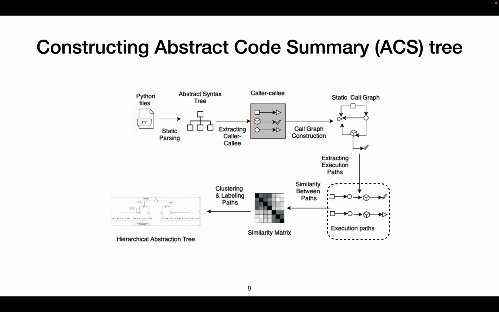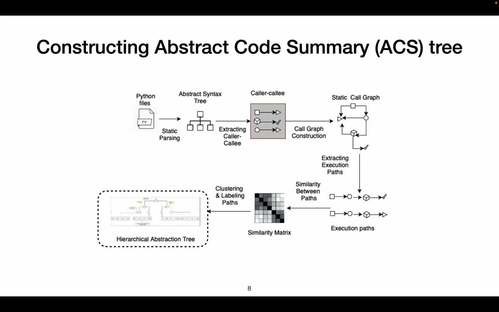So previous studies used Jaccard similarity matrix, which simply accounts for the content of two pairs, not their sequence, but we find that it is important to account for the sequence also. So we used a different metric. It's called strike match. It accounts for the content and the sequence similarity, and then we cluster